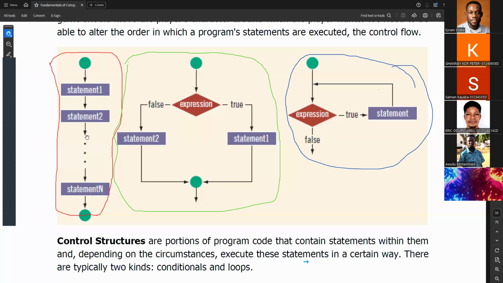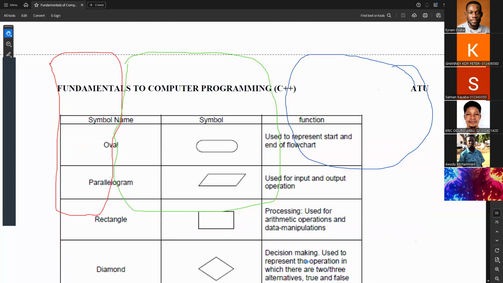Then we have the sequence statement or the sequence structure. So this is a topic we'll come back to in the middle of the course, where we are going to focus on the syntax in C++. Okay, so let's go back to